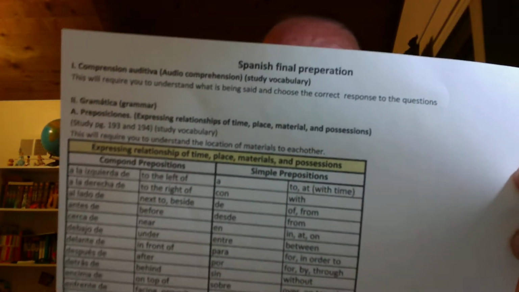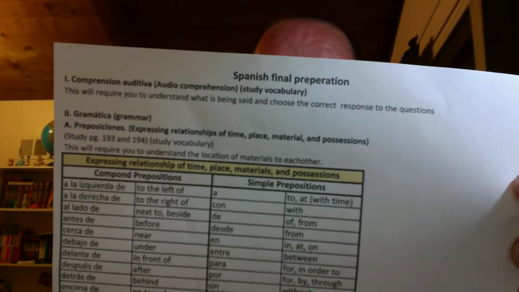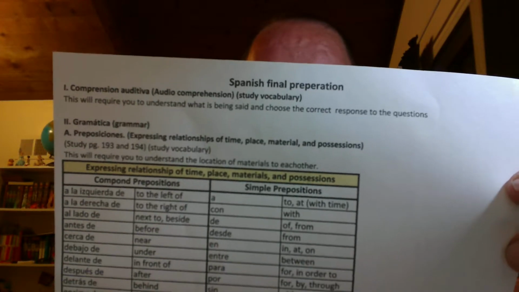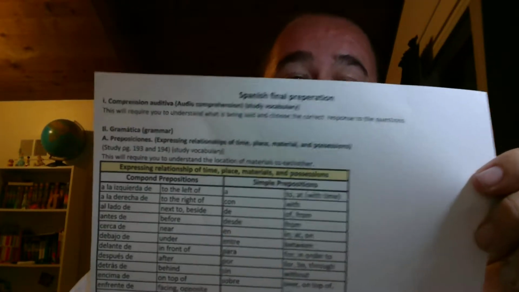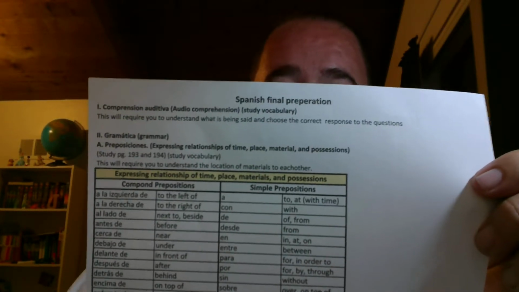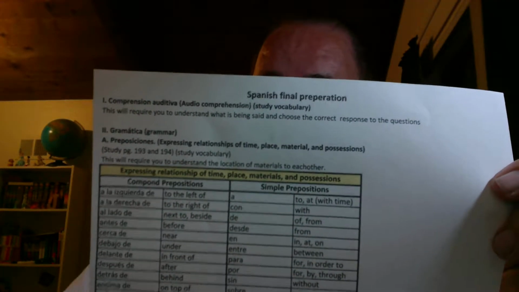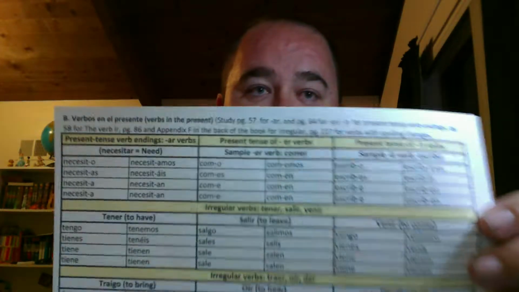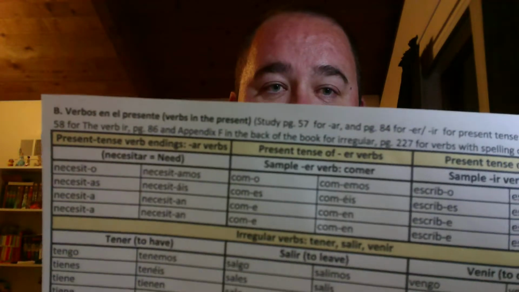That sets you up for something to the left, something to the right, comparing things. It's under the cat or next to the cat, things like that. Again, if you want to print this out, you can print it out and go along with me here. That is the A section, the gramática. So this is the B section of that,